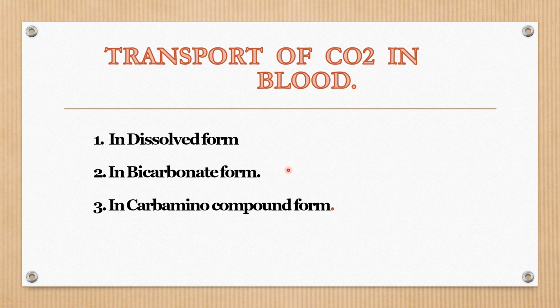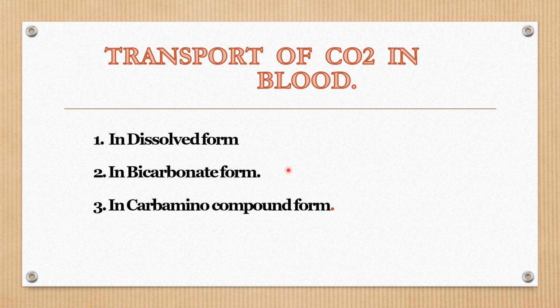Now we'll go into our main topic, transport of carbon dioxide in blood. Venous blood contains about 52 ml and arterial blood about 48 ml of carbon dioxide per 100 ml. Thus 4 ml of carbon dioxide is transported per 100 ml of blood from tissues to the lungs. The total CO2 transported from the whole body at rest with a cardiac output of 5 liters is about 4 into 5000 by 100, or 200 ml per minute.